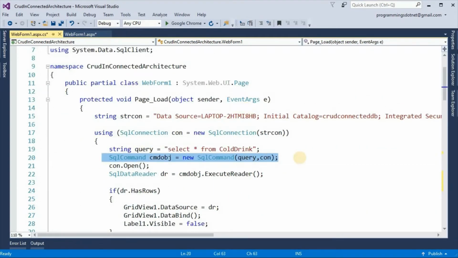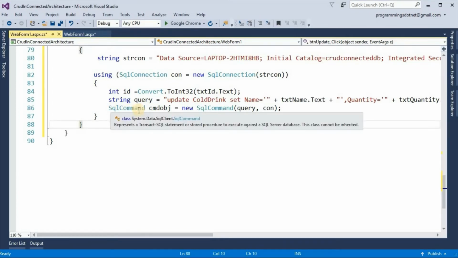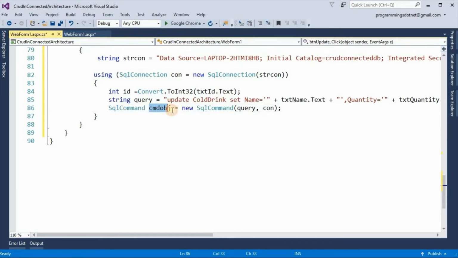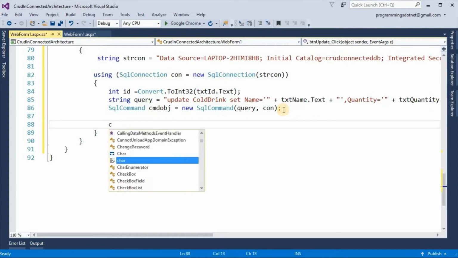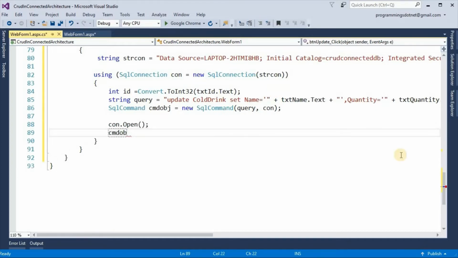Now copy this line and paste here. This is SQL command class and object is cmdobj, and we have initialized this object with query and connection object con. Then connection must be open. So con.open